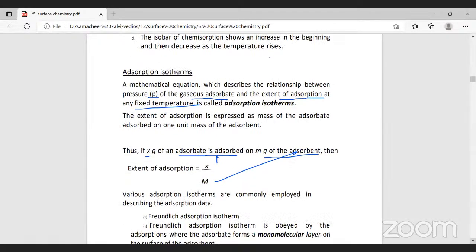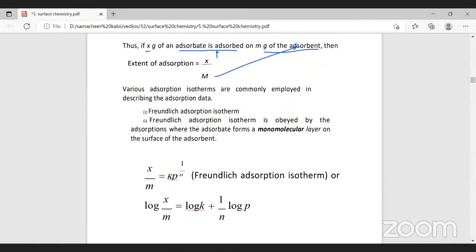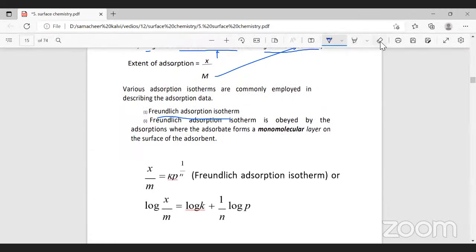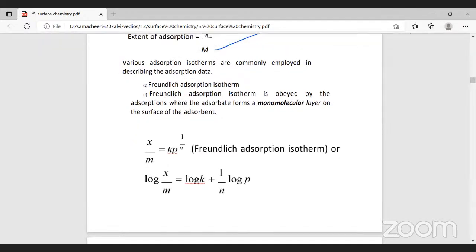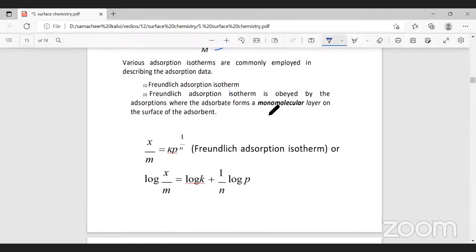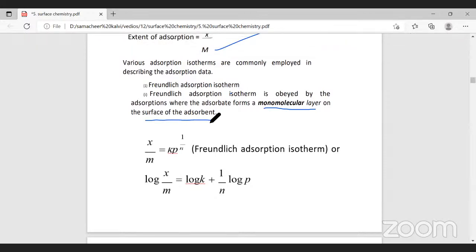Various adsorption isotherms are commonly employed. The first one is Freundlich adsorption isotherm. This Freundlich adsorption isotherm you have in the syllabus. What is the Freundlich adsorption isotherm? Freundlich adsorption isotherm is obeyed by adsorptions when adsorbate forms a monomolecular layer on the surface of the adsorbent. So the condition for Freundlich adsorption isotherm is the adsorbate should form a monomolecular layer on the